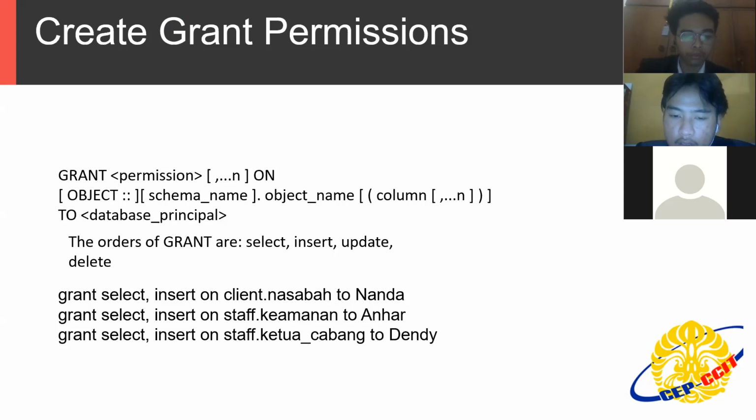Dendi gets the access to itself in the staff ketua cabang and the staff keamanan and the global access in the bank kita. Next to slide 6.